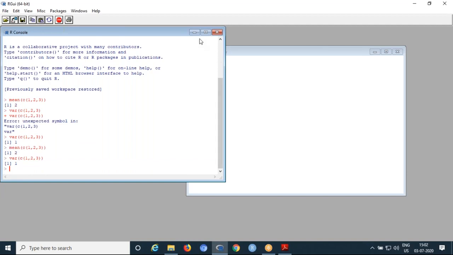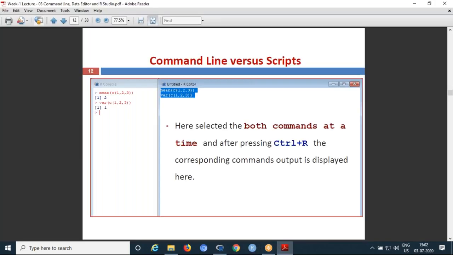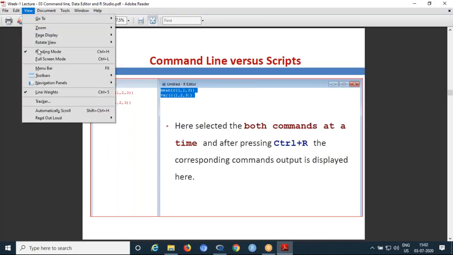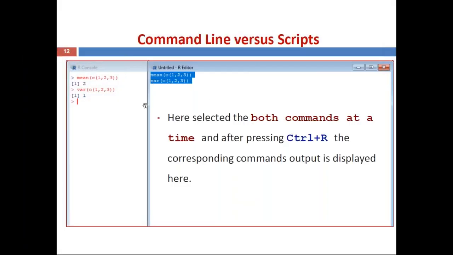Like that, both commands will be executed at a time, but the results will be displayed in order. The first result is related to the first command. The second result is related to the second command. Like that, we can execute a single command or multiple commands using this R GUI editor.